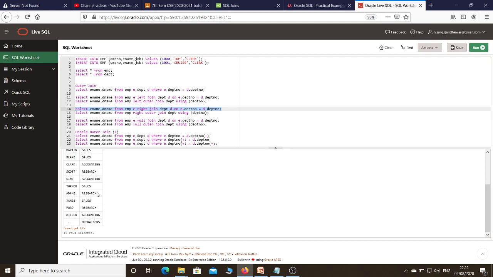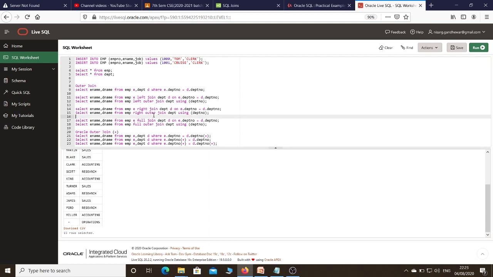So in the previous case, data present in the left hand side table which is not present in the right hand side table is displayed. Now I want to display data which is common in both tables, as well as the data which is only present in the right hand side. On the left hand side we have employee, and on the right hand side we have department. So in the previous query, with employee on the left hand side and department on the right hand side, we displayed data which is common in both tables plus data only present in the employee table.